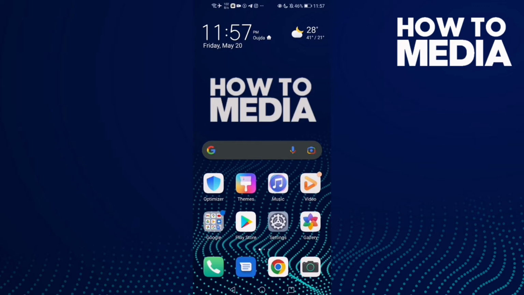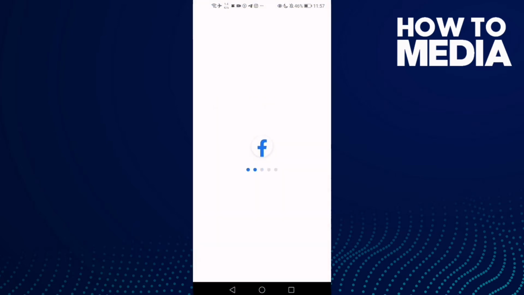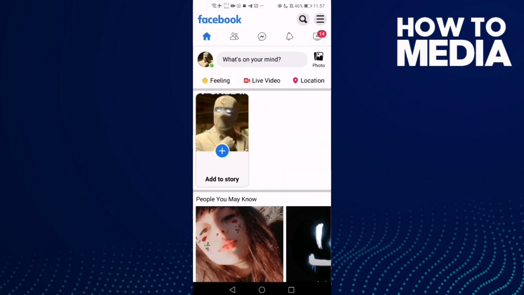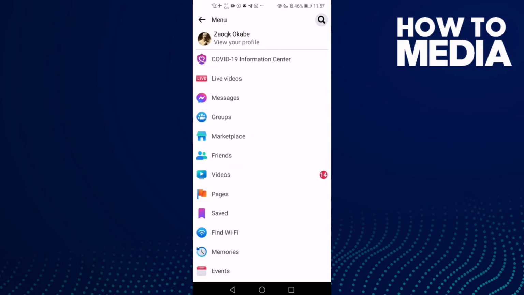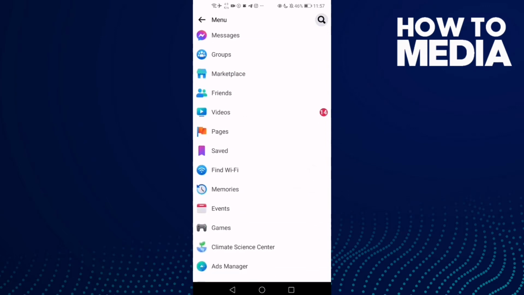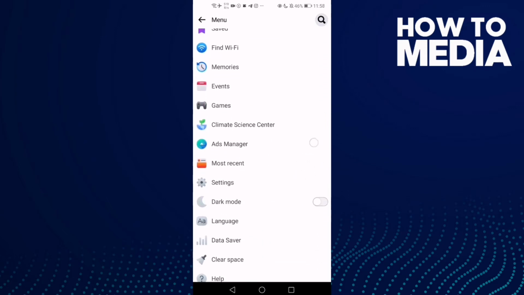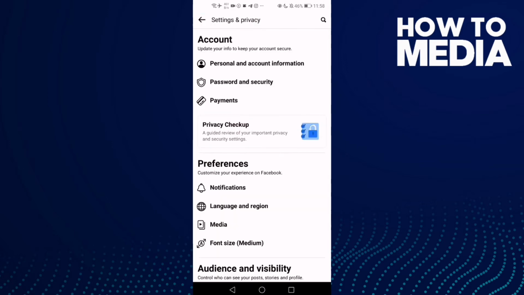Hello guys, in today's video I'm gonna show you how to find email settings on Facebook Lite. First thing, go to Facebook Lite and here just click these three lines in the top corner, and after you click on it just go down here and you will find settings. Click on it and then just click